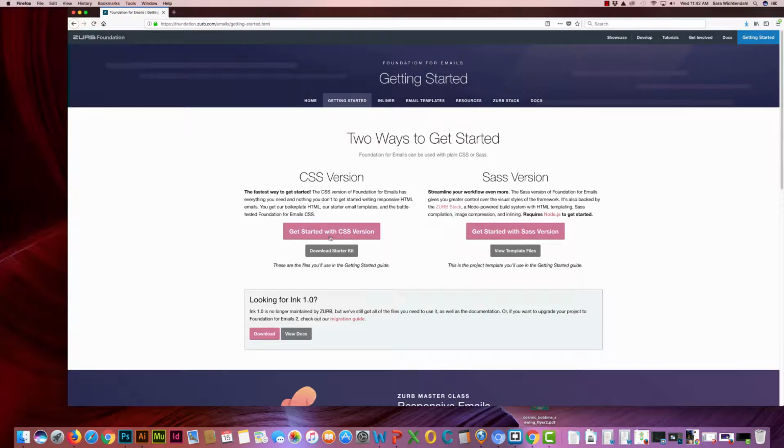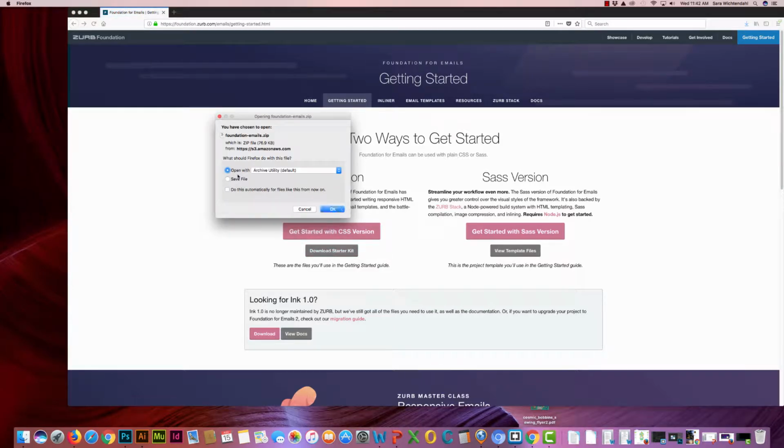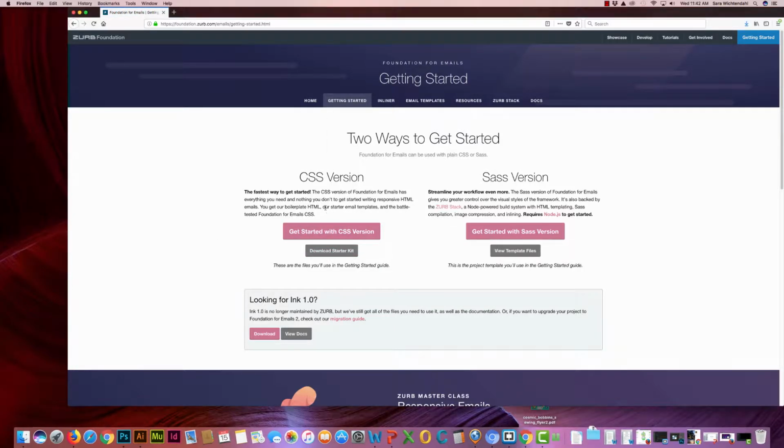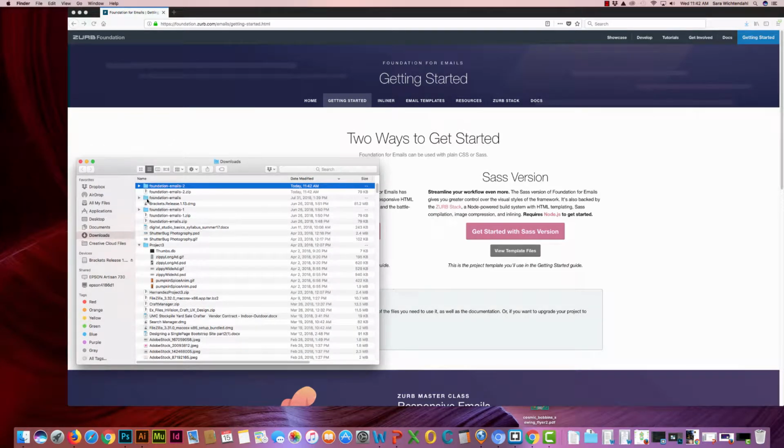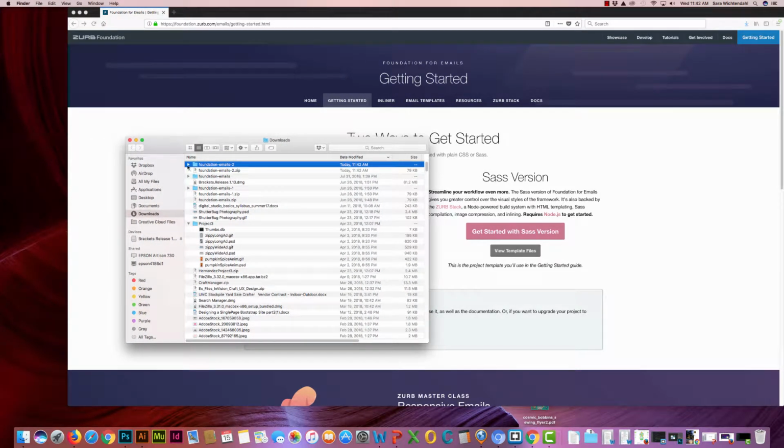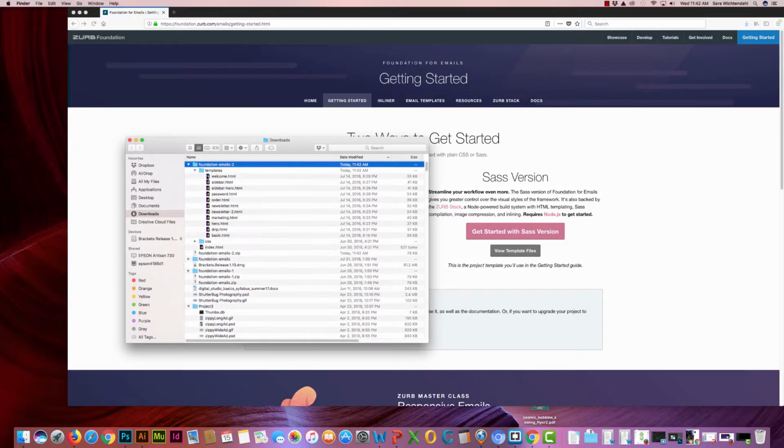So we're going to download this version. You're going to click the Download the Starter Kit button. Go ahead and click on that. It's going to download a zip file for you, and you're going to locate that in your Downloads folder. Within the Downloads, that Foundation Starter Kit, you're going to see that by default it's going to give you